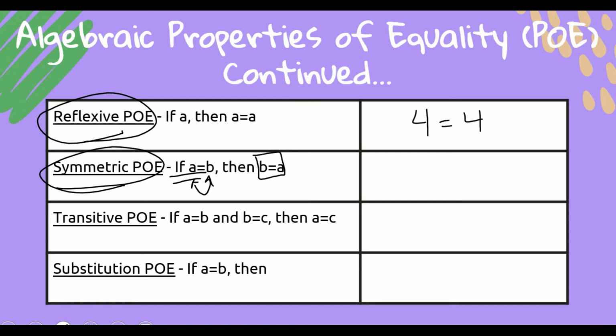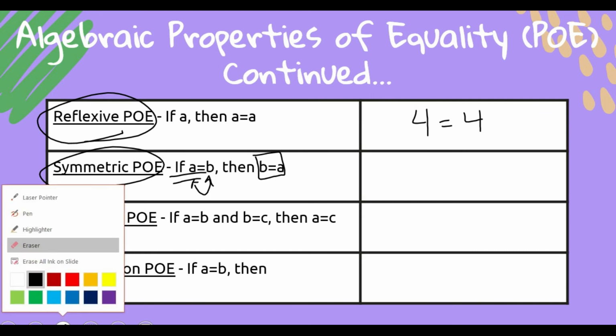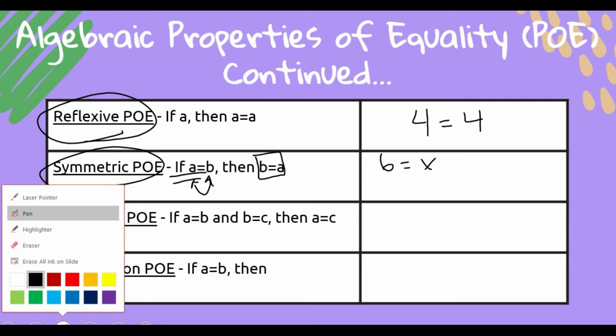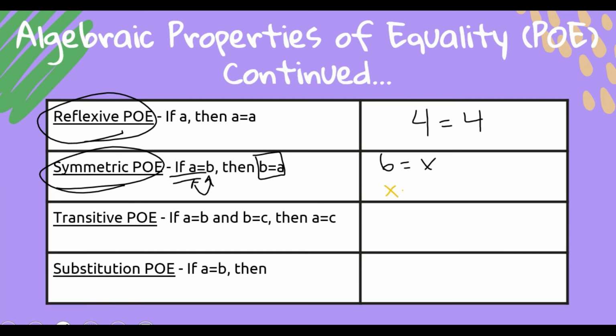So you might see this in a proof where it has a previous step of 6 equals x maybe. And then what you're going to do is you might change it to x equals 6 because you like that better, or that's what it ends with for you to prove. So that's called symmetric property of equality. The next one is